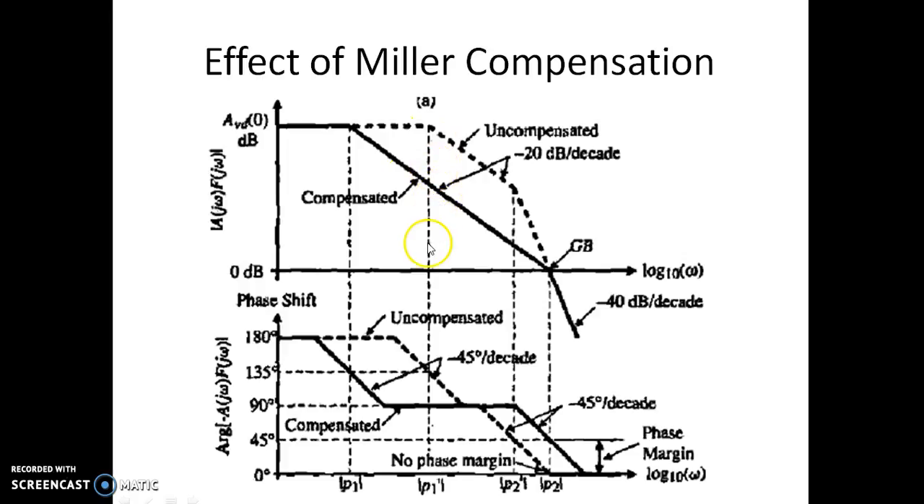Its corresponding Bode plot will be, now we can see that the dotted one is the uncompensated. We had a pole at omega P1 dash, omega P2 dash, with slopes of minus 20, minus 40, and of course you can see there is a GB. Now we'll see